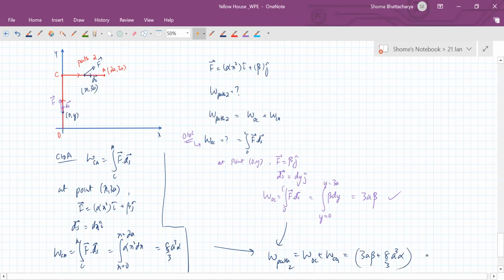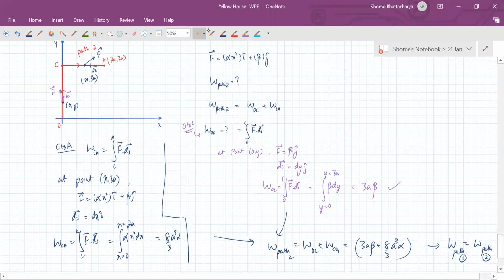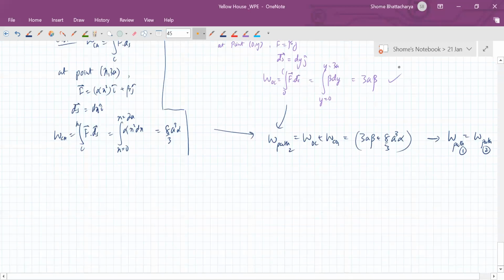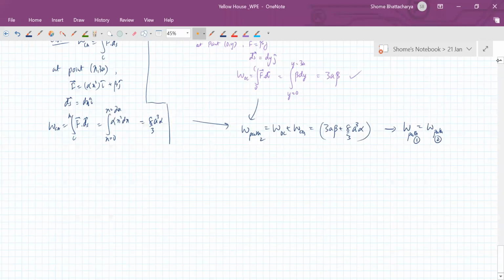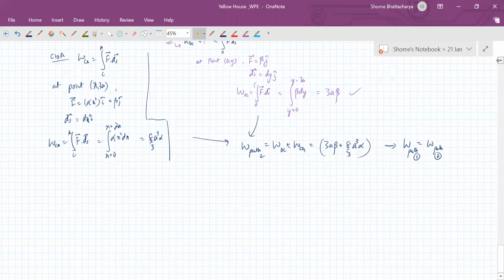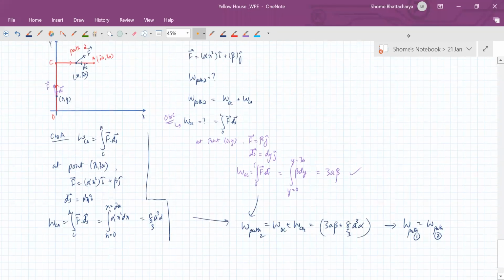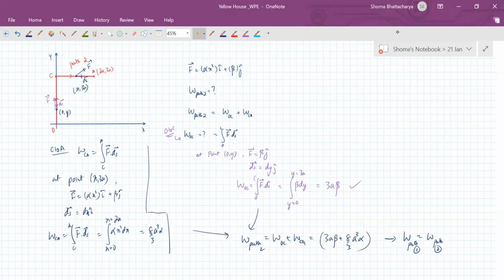So notice that it is same as the work done in the first path. So the work done in each of the paths is the same. So hope all of you understood this properly. So make a note of this, and now next what we will do is we will do a proof that work done for any general path